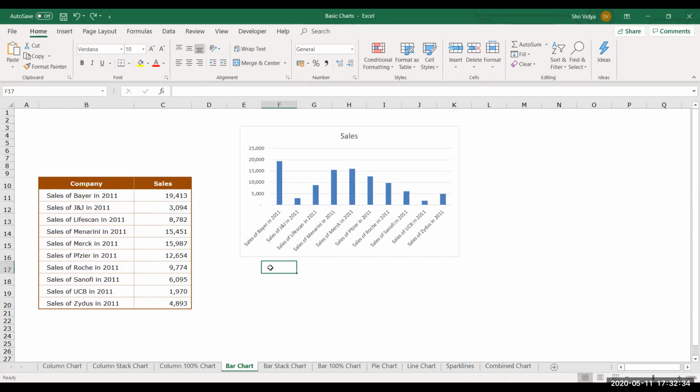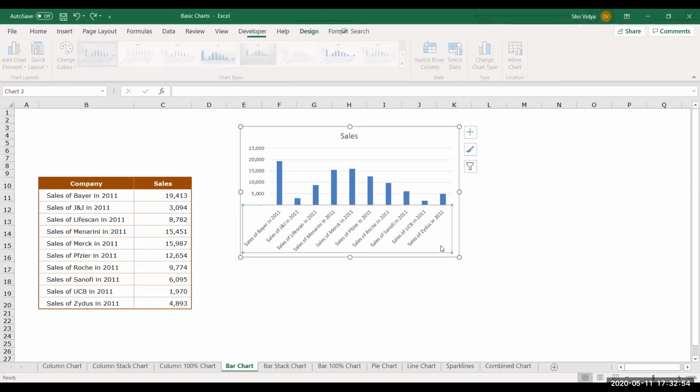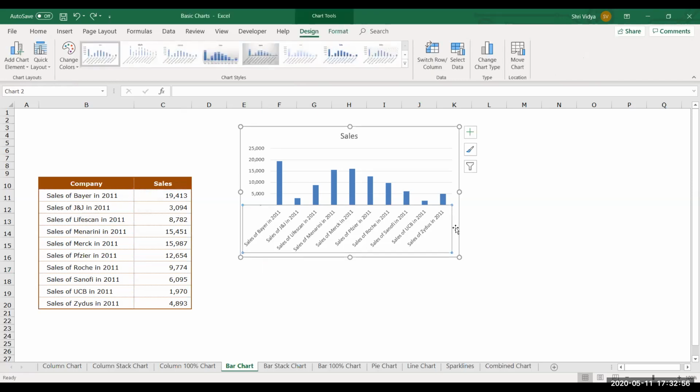There is nothing wrong to choose column chart, but I'm not able to display these labels in a proper way. If you have very long labels and you don't have any option to shorten them, you need to show them, let's say, then you can go for bar chart. The reason is it will align all these labels in a proper way along with the plotting.